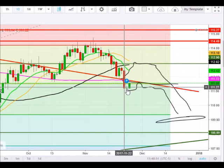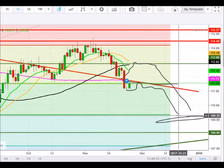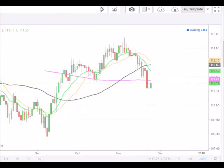The more bearish option: we trend sideways from here underneath this trend line and then plummet down to approximately 109. Even lower still could be the 108s. So keep your eyes on that when you're looking for what's happening with gold. And with gold itself,